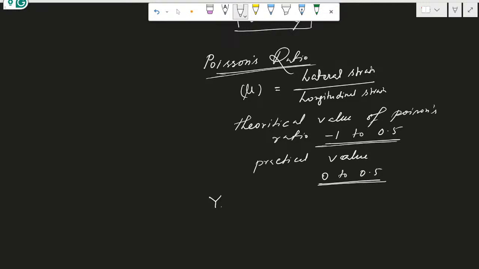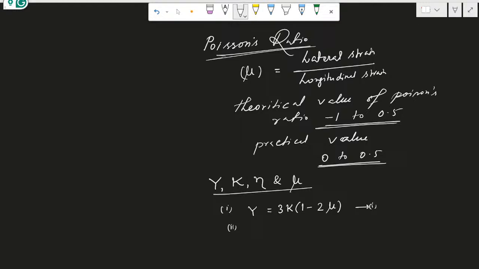this Y, that is Young modulus, then actually there are 4 relations, then bulk modulus, then modulus of rigidity, and this mu means Poisson ratio. So actually 4 relations are there. Relation 1, Y is equal to 3K, you need to learn this by heart, 3K into 1 minus 2 mu is the first relation, but these are very important. Number 2, Y is equal to 2 eta into 1 plus mu is number 2,